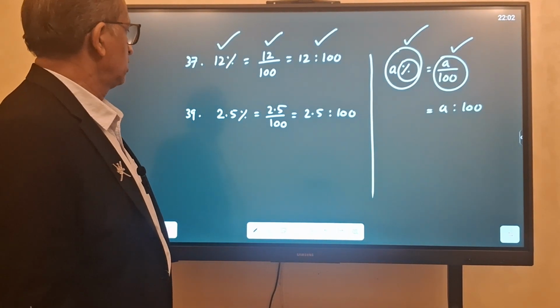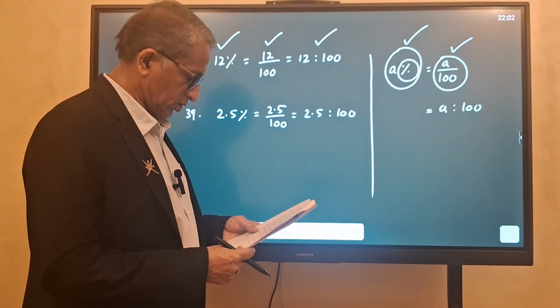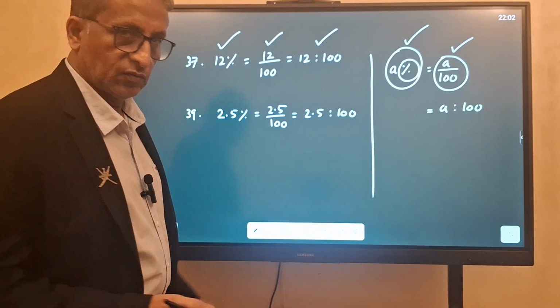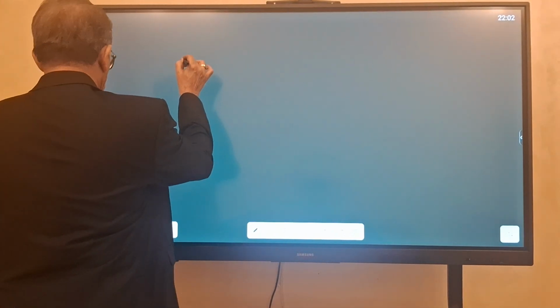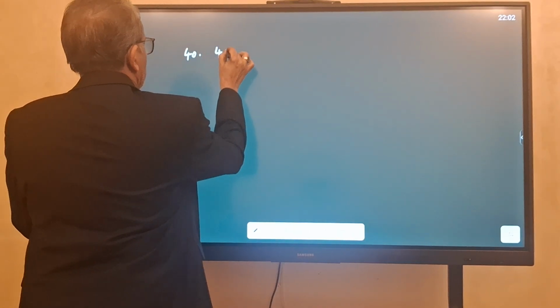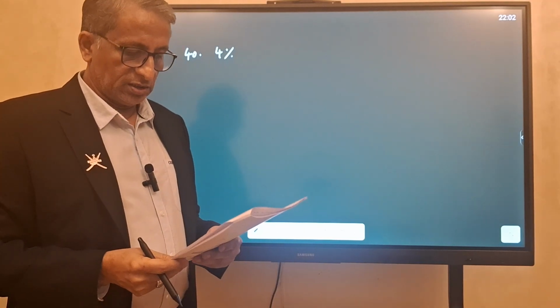So that is example number 39. The next questions are question number 40, 41, 42. 40: 4%. Here we are converting the percentage